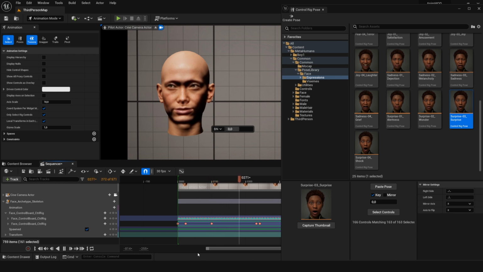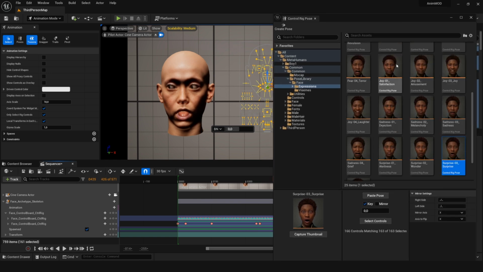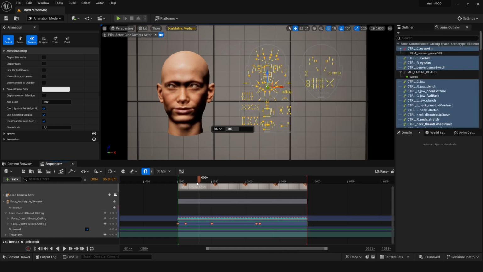All the time we have the base happy animation underneath, and a sudden surprise. Okay, and we want, for instance, to get back to the previous pose, so we can take any of these joy poses again, but you can also copy and paste poses which you already have on the track. So here we have a regular smile, so select it and all the controls will be selected. Control C for copy and Control V for paste,